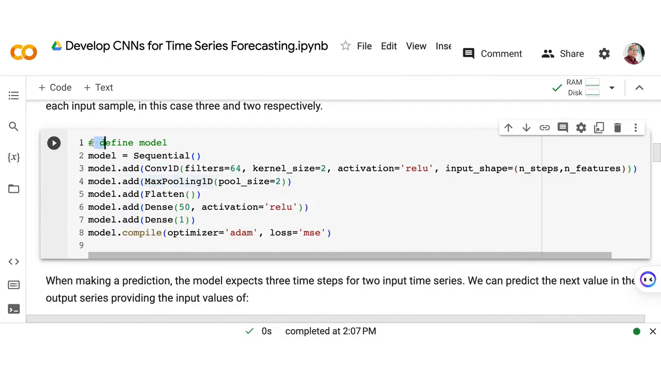This is just a base model. As you can see, we only have one convolutional layer, one max pooling layer, one flattened layer, one dense layer over here, and the output layer over here. Okay,